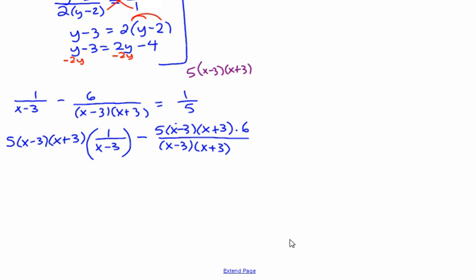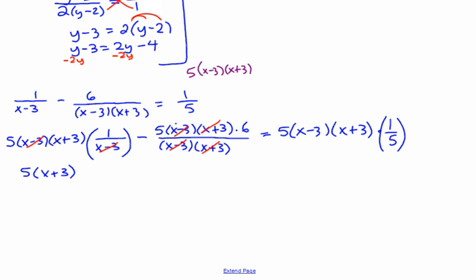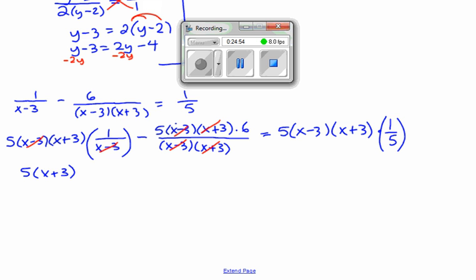Okay, and then again, this guy: 5 times (x minus 3) times (x plus 3). Some of you are going to be able to go straight times 1 over 5, straight from this step to the next, okay? Because you'll see right away who's going to cancel here: the x minus 3's. So we'll just be left with 5 times (x plus 3). What cancels here? x plus 3 and x minus 3. So we're left with 5 times 6 minus